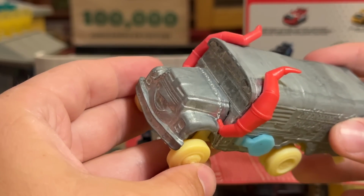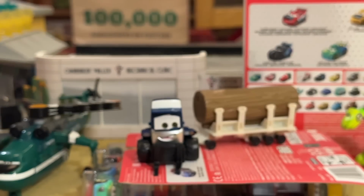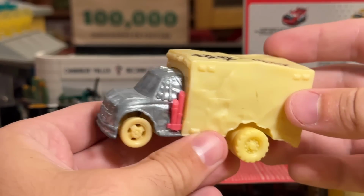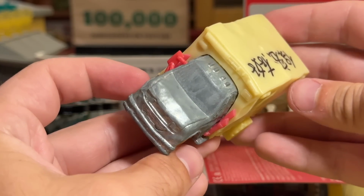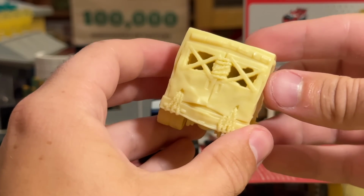I do have, I guess I should say I have a Miss Fritter prototype, the one with the rubber tire blue wheels, but I don't have an incomplete one like we're used to, like a standardized prototype. And then also Dr. Damage here. Unfortunately, I don't have an RV or a Mr. Drippy to round out the set, but Dr. Damage does just fine. And again, same color scheme, but my favorite thing about this one in particular is the